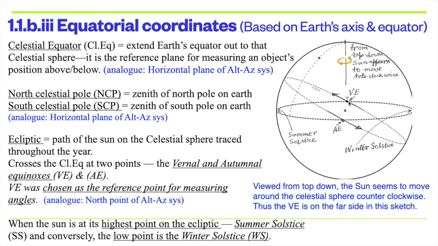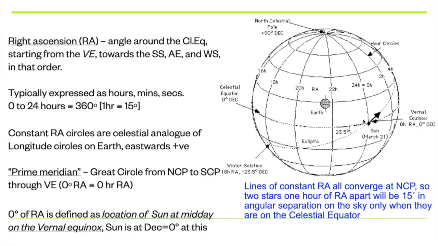That is, right ascension is the angle that we measure starting from the vernal equinox going towards the east. We start from the vernal equinox, which is around March 21, when the Sun's motion crosses the celestial equator at this point. This is the vernal equinox point in this picture. So we measure from here towards this direction, and constant right ascension circles are basically the celestial analog of the longitude